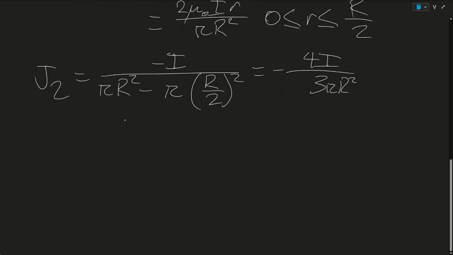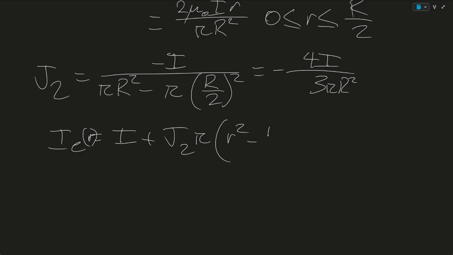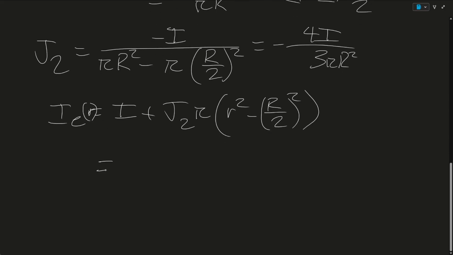The enclosed current includes the entire inner cylinder's current plus the fraction of the outer cylinder's current in this circumstance, so I of r is equal to I plus J sub 2 pi (r squared minus (R over 2) squared), which is I minus that 4I over 3 R squared because the pi's cancel out, times